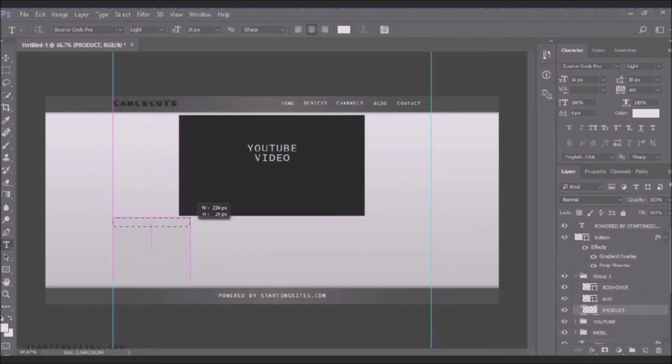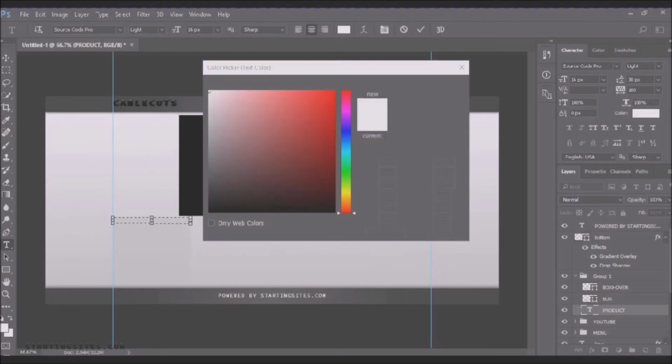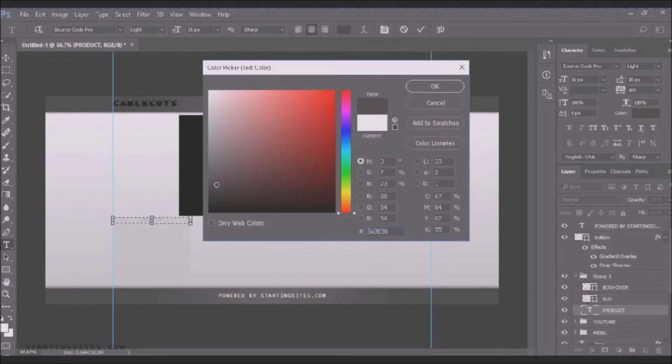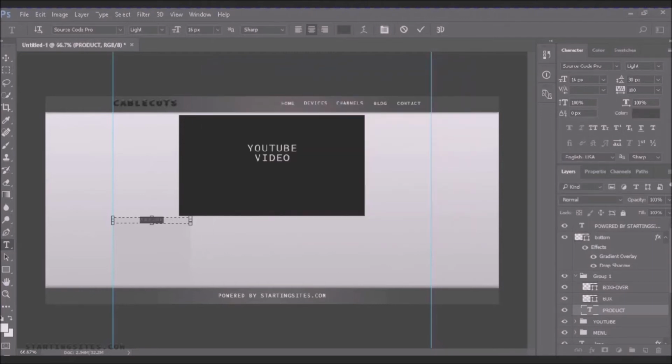We'll do a text layer for the product name itself. Just take up that entire 234. Do a height of 15. Leave it at 18. And we'll type in, say, Amazon for the Fire Stick. Change our text color. We'll just use a dark gray. It doesn't need to be centered,